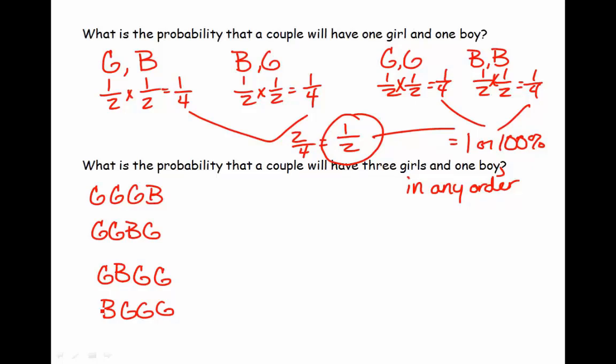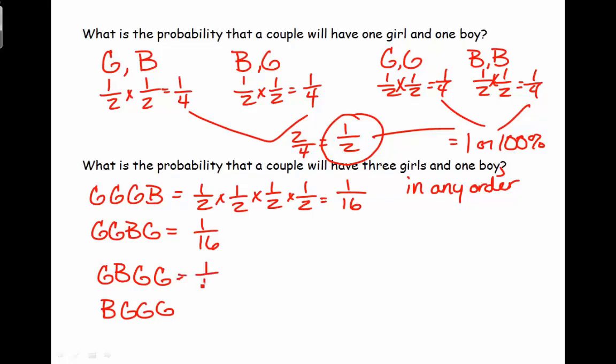That comes from the multiplication rule. So if we look at the first one, the probability the first child is going to be a girl is a half. The probability the second one will be a girl is a half. The third one a half. And then the boy on the fourth one is going to be a half. So if you multiply them all together, we're going to get 1 over 16. If you figure out the probability of the next way, it's going to be the same thing. We're going to get 1/16 for the next one, and then we're also going to end up with 1/16